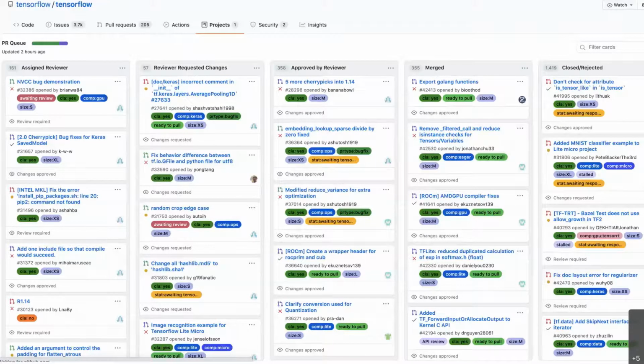So code that has been created or changed then gets merged into the main project. And then obviously closed and rejected are the ones that, yes, were worked on, but nothing happened, so they closed it. So this is how anybody can look at what is happening in the project when they go onto GitHub, onto an open source project, who's working on what, what is delayed. If there's something that I can contribute to, I can straight away jump into the issue and start contributing.